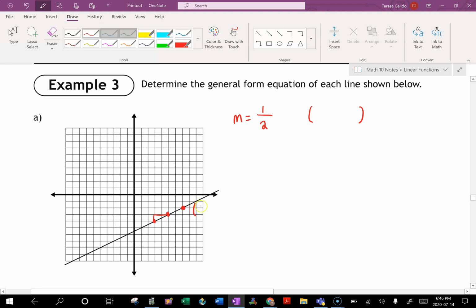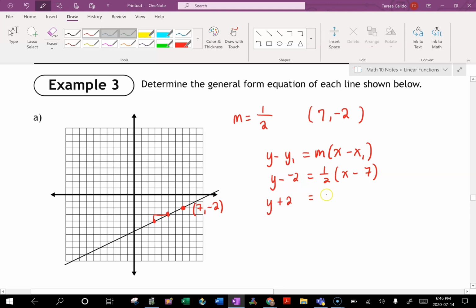So in this case, I'm going to choose this point here. This point is (7, -2). So now after choosing that point, I am going to write the point slope form of my line. So this is y minus y1, where y1 is -2, m is 1/2, and x1 is 7. So this I can write as y + 2 equals 1/2 times (x minus 7). Now, what I need to do is to write this in general form, so